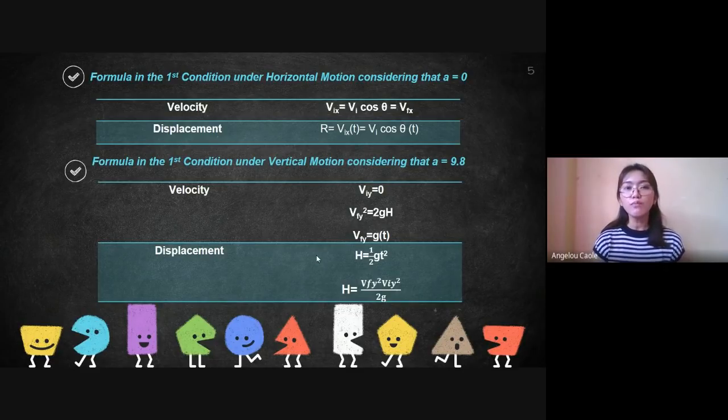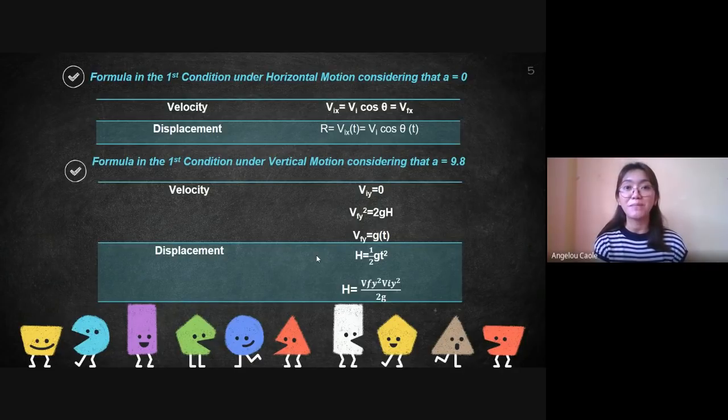Under horizontal motion, considering that acceleration is equal to zero, the initial velocity is equal to the final velocity, and the formula for getting those velocities is Vi cosine theta. For the displacement, we have R is equal to Vix times time, or you can also use Vi cosine